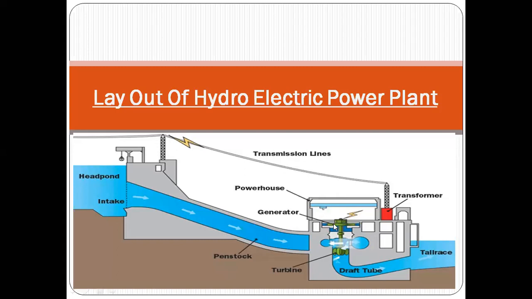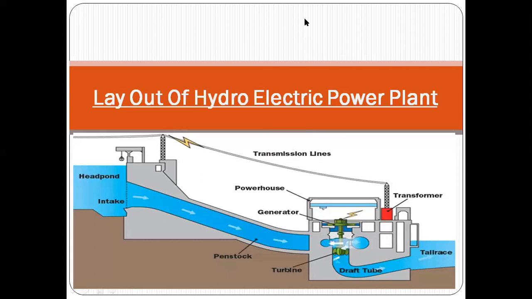Now, when this electricity is generated, it is passed to the powerhouse, and in the powerhouse there is a transformer, which is basically a step-up transformer. So it can step up the voltage from a low level to a high level, and after that, this high-level voltage is transmitted with the help of the transmission system or transmission line, and after that, the grid will receive the power, and then the grid will step down the voltage depending upon the utility. So this is the complete layout of a hydroelectric power plant.